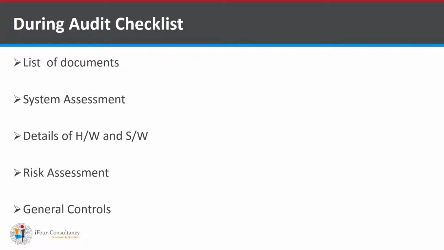The next section is risk assessment. It includes details such as whether the strategic IT plan for the organization has been well aligned with business need or not, and verifying that the IT department has clear cut and well defined goals and targets. Then looking at general controls, many things need to be checked.